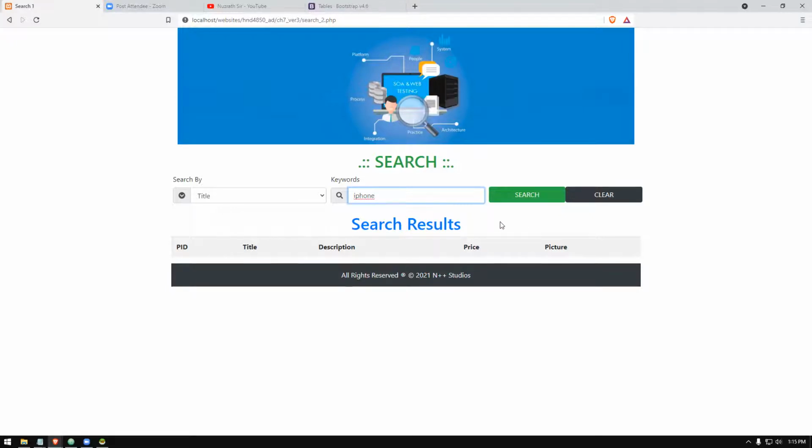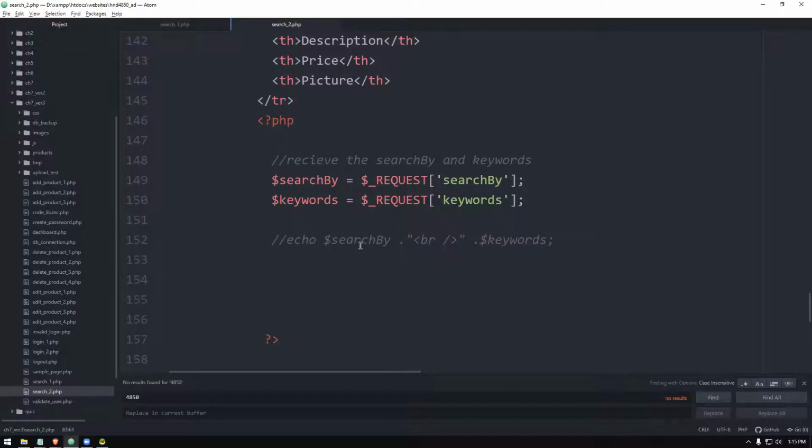Suppose it is description, then you have to build select all from product where description equals iPhone or description like iPhone. So that is how we're going to build the SQL commands, and we need to make sure we properly generate the SQL command.